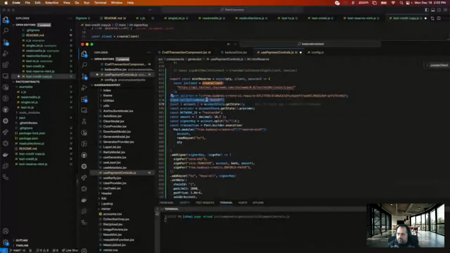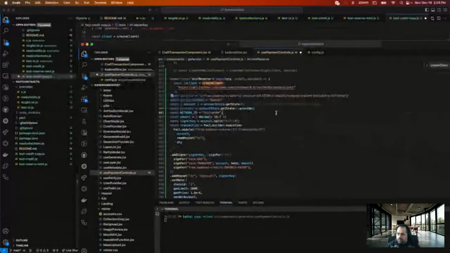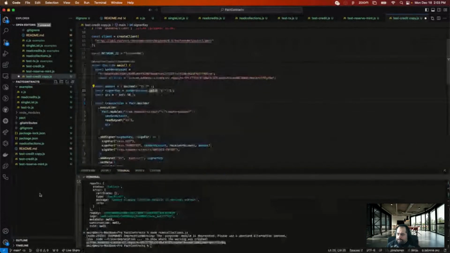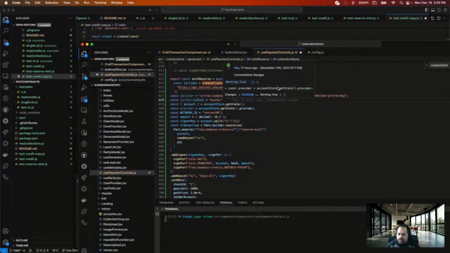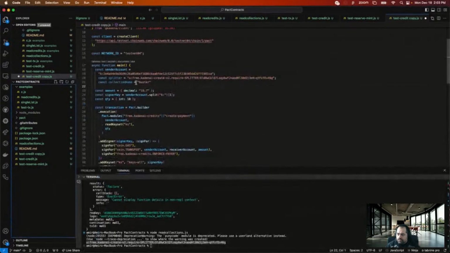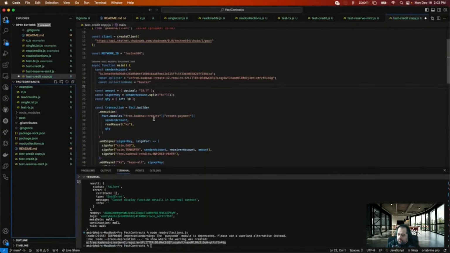Splitter, collection name. Oops. All right. Is that all we need here? Splitter, blah, blah, reserve mint. All right. And so we need.